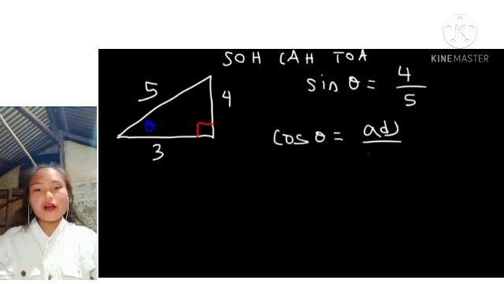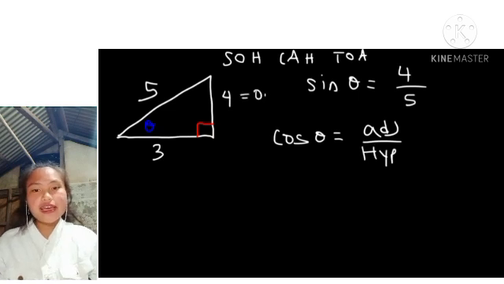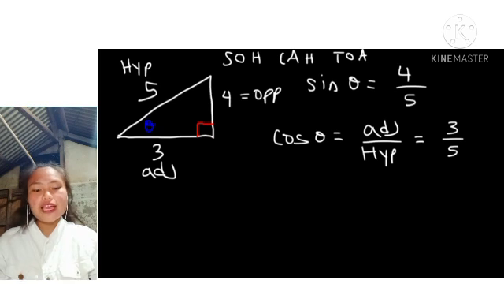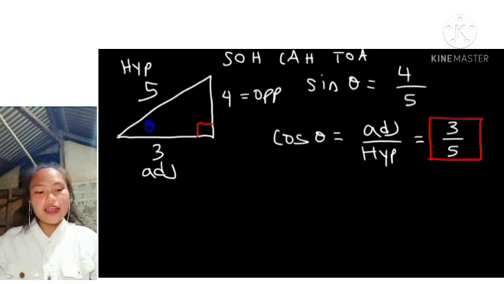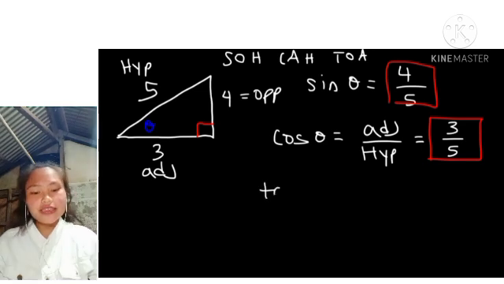Now, cosine theta is equal to the adjacent side divided by the hypotenuse. So we said 4 is the opposite side, 5 is the hypotenuse, and 3 is the adjacent side. So in this case, it's going to be 3 divided by 5,